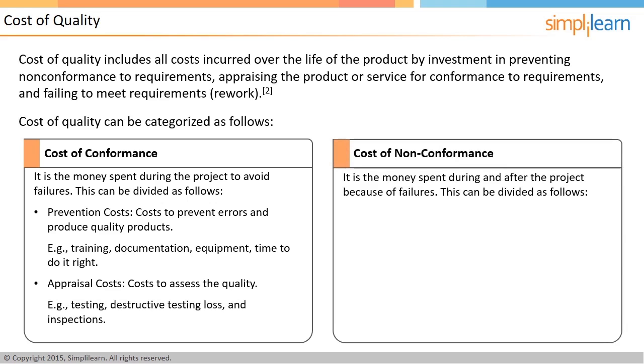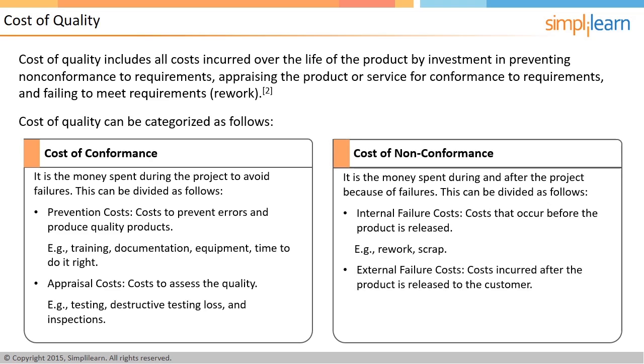The second category is the cost of nonconformance. It is the money spent during and after the project because of failures. This is subdivided into internal failure costs. It is the cost of failures that occur before the product is released to customers, for example, rework and scrap. The second subdivision is external failure costs. It is the cost incurred on failures that occur after the product has been released by the team, for example, liabilities, warranty